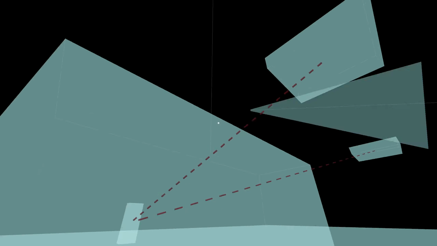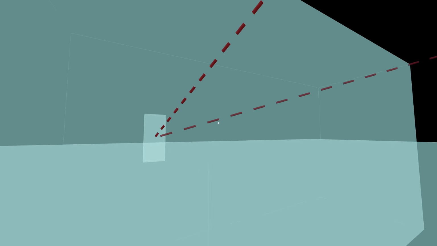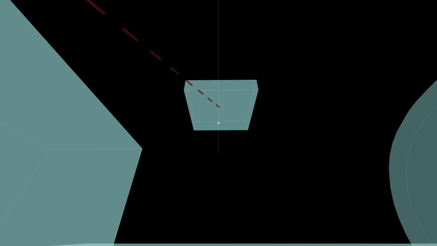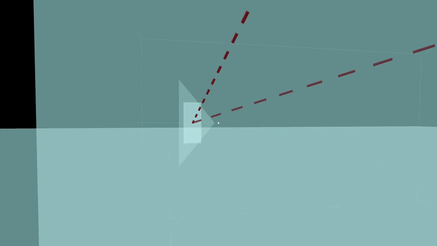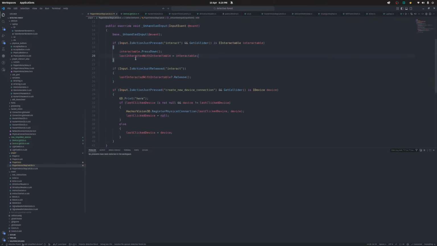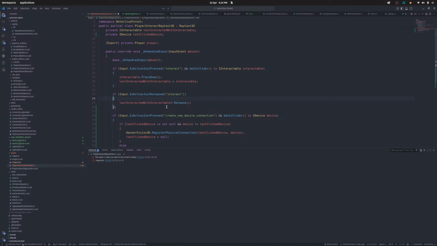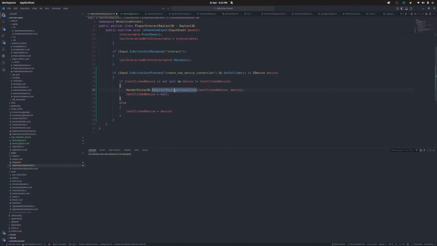But I guess I could also add more connections. That might be bad. Also, I guess I can add a connection between those two. Right? Yeah, I can. Which doesn't make any sense. But it worked. It worked. Okay, so now we register the connection,